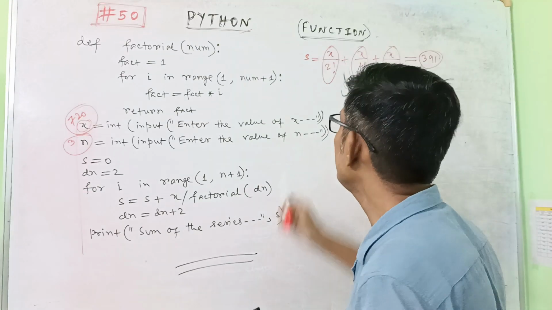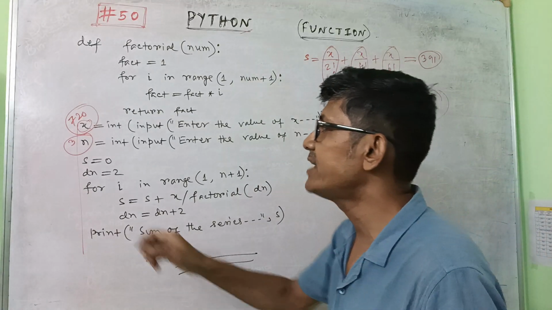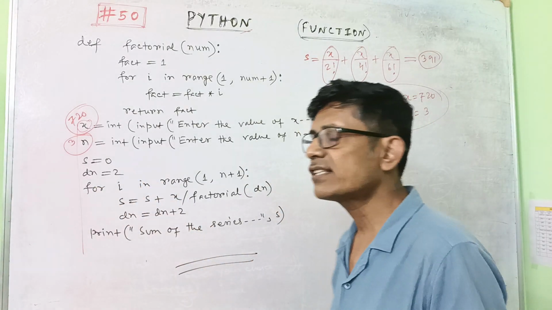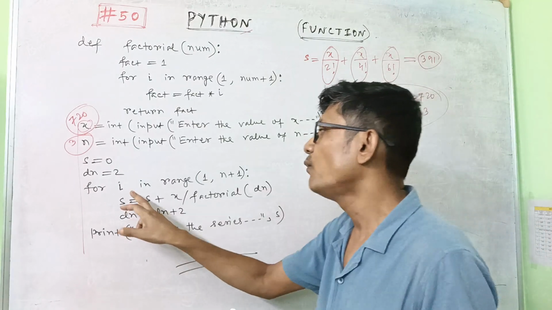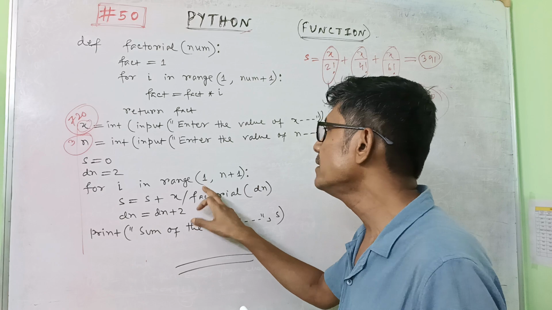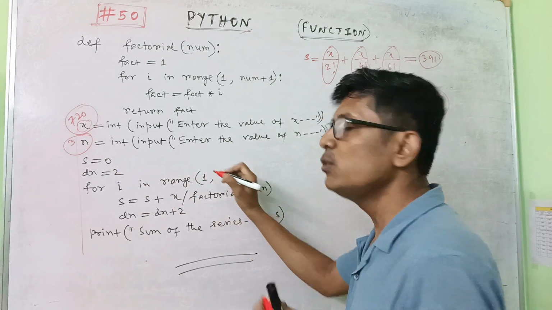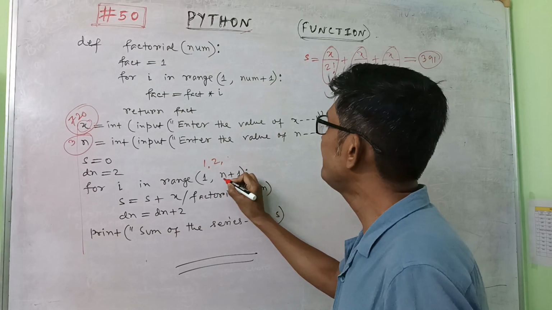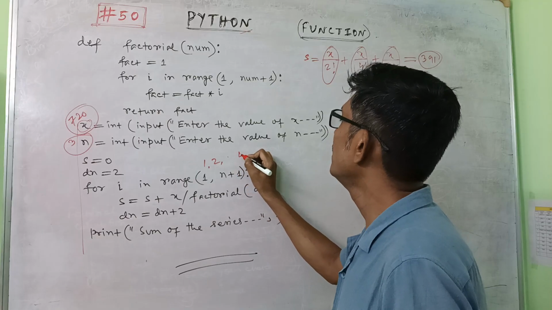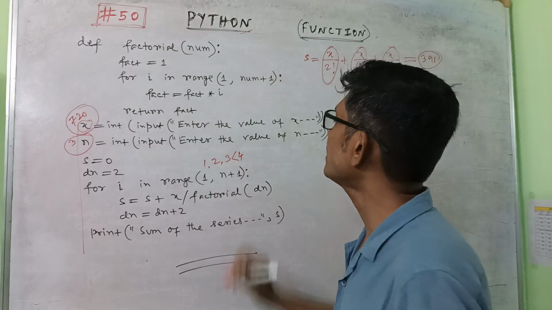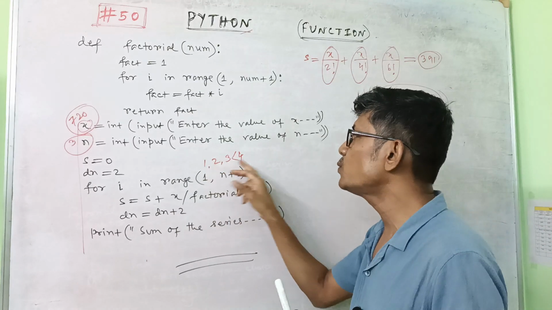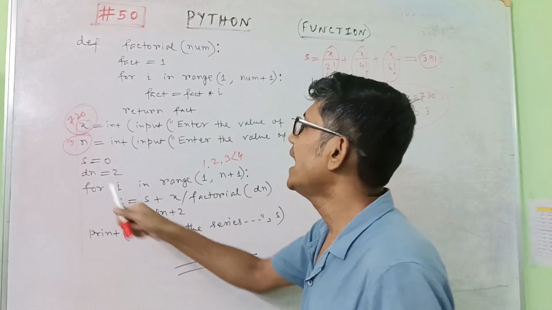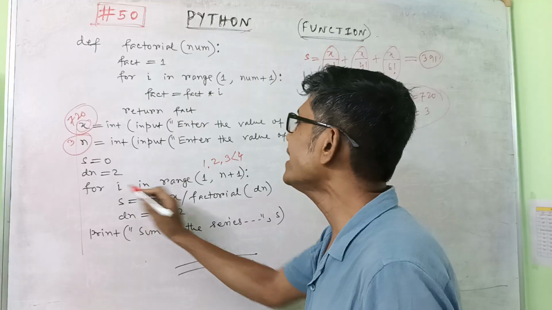And you see the denominators 2, 4, 6. So I have taken the denominator dn starting at 2. We have to generate up to n terms, so we write the loop this way. If n equals 3, the loop runs from 1 while i is less than 3 plus 1, which means 4, so it will work up to 3. So you see that 1, 2, 3, the loop will work 3 times. The value dn starts at 2. So when i equals 1,